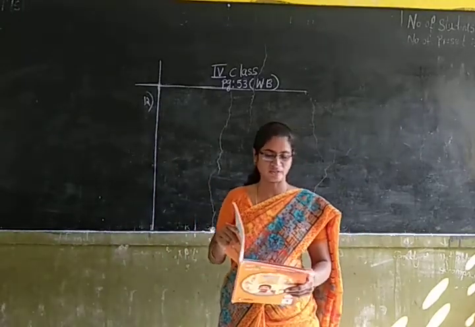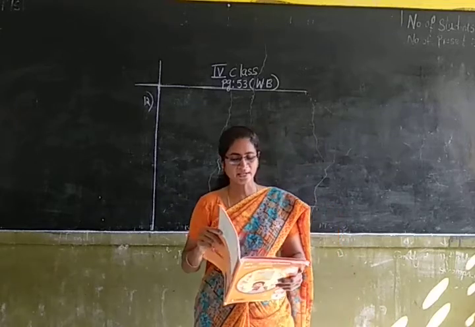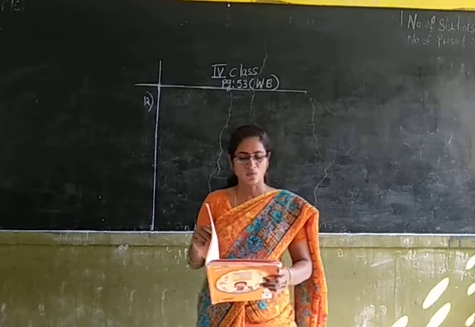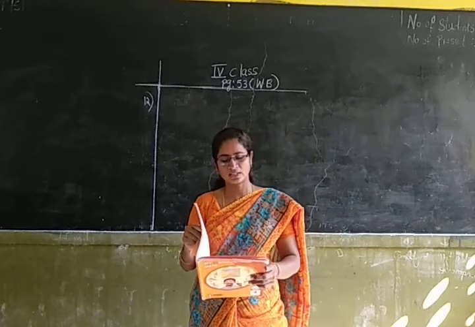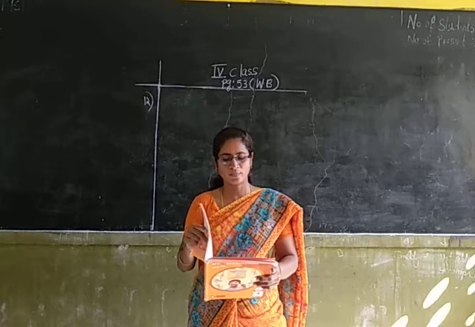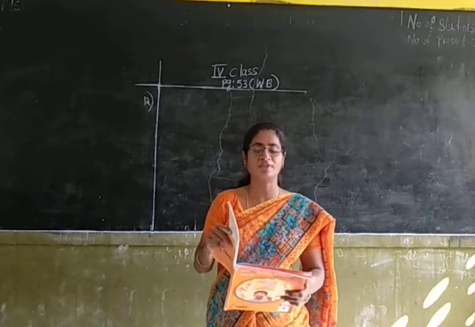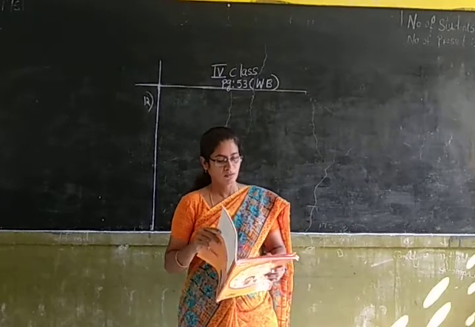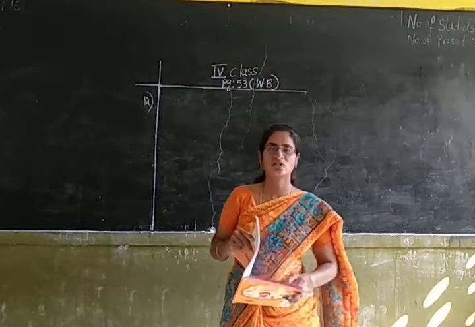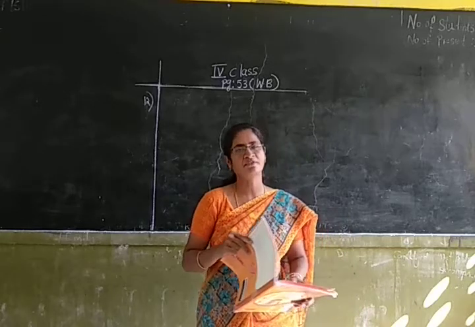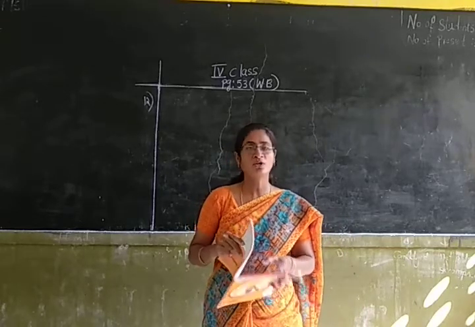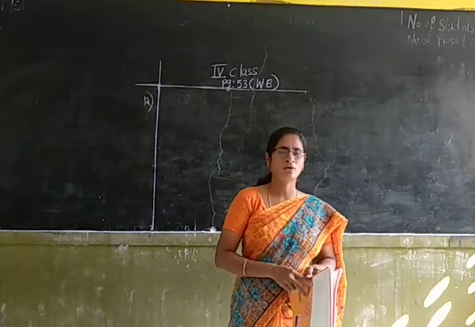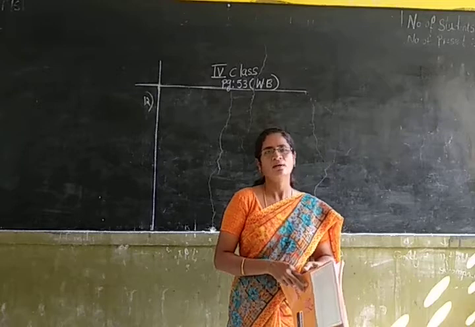Natasha went to the restaurant with her friends. She had a total of rupees 6,555 in her purse. Find how many friends she can treat if she spends rupees 115 on each friend. So she is having 6,555 rupees with her, and she wants to spend 115 rupees on each friend. And now we have to find out for how many friends she can give the party.